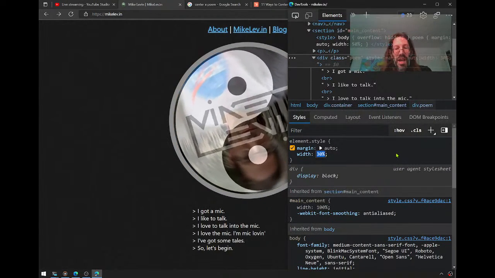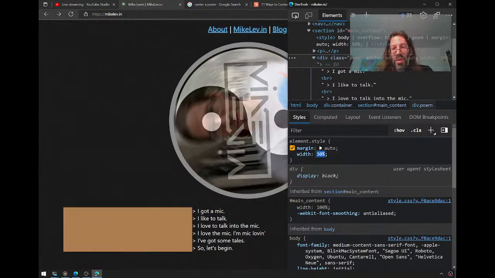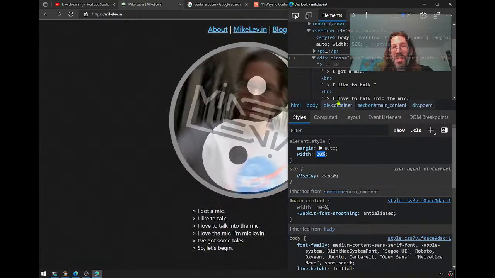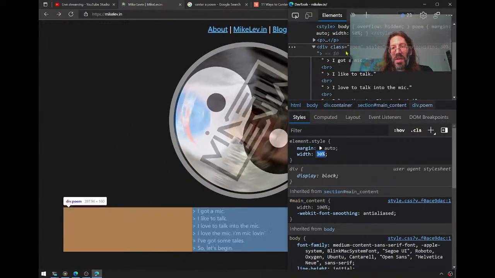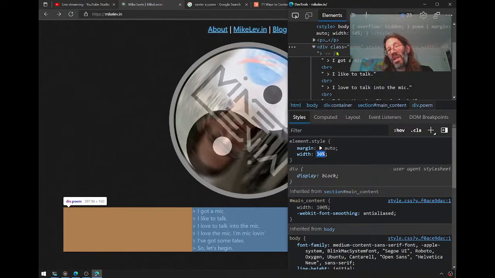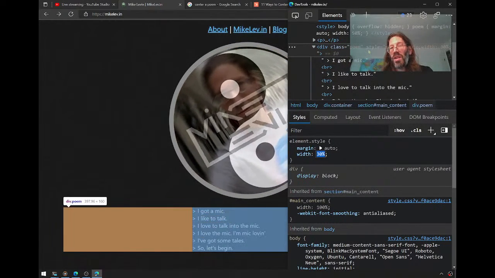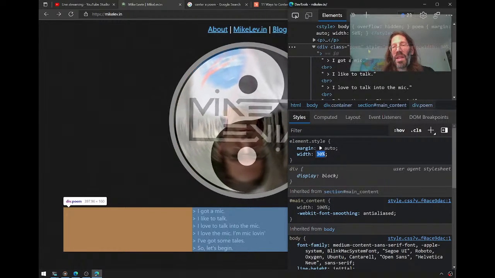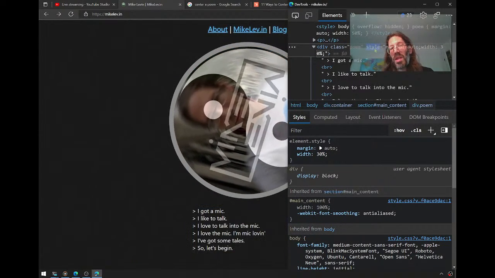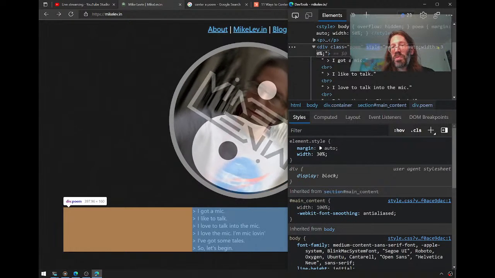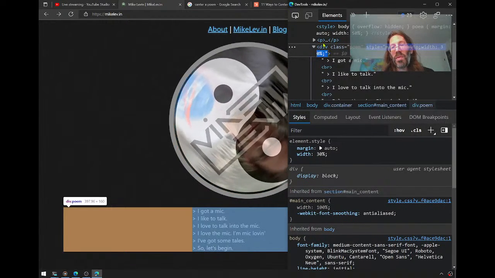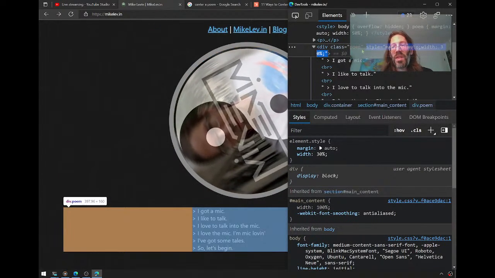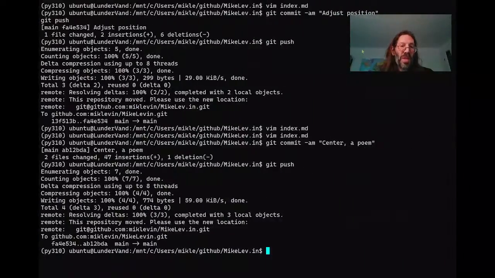So the element style is something I'm missing. When I'm looking at the element style like this, I have to make sure I see what's selected so I'm styling the right thing. Now there's a misfire. It's just a misfire. Margin auto with 30% was put as an inline thing. So I'm going to change my approach, because there is the code that will do it right in line with that div. So it's a change of plans. You got to remain flexible. This is a true one-off. So what does it really matter?